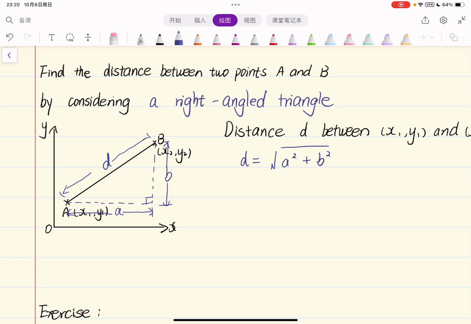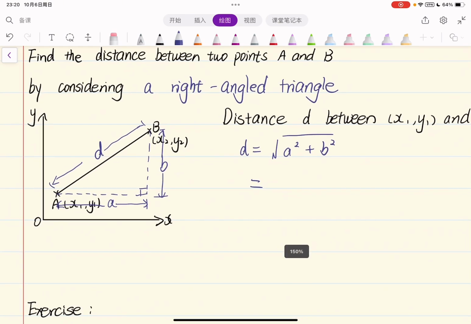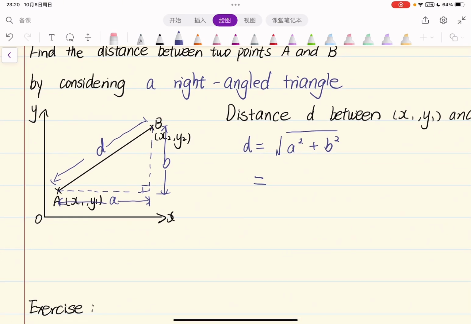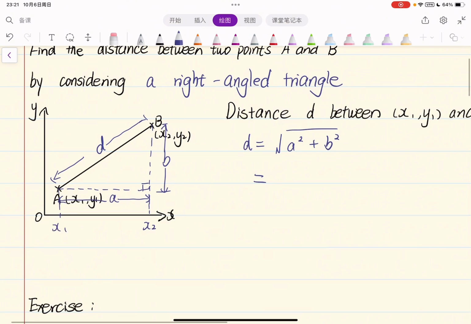Now, what is the expression of the A? That is x2 minus x1. So we have square root of x2 minus x1 square of that plus,